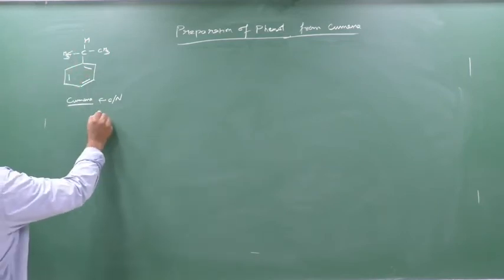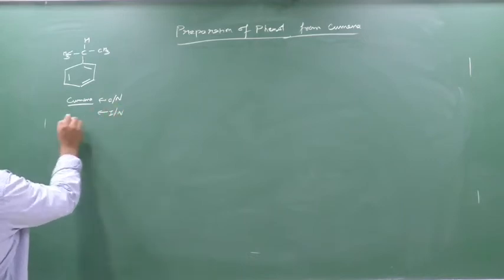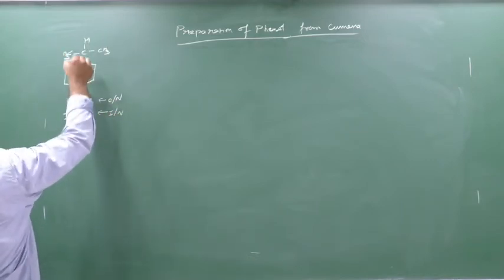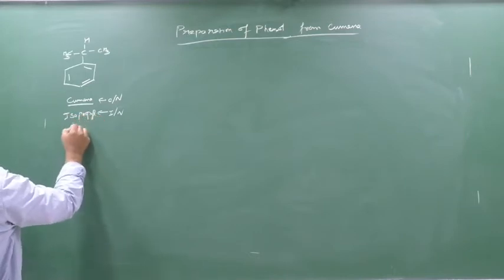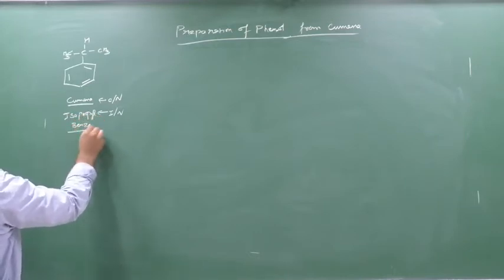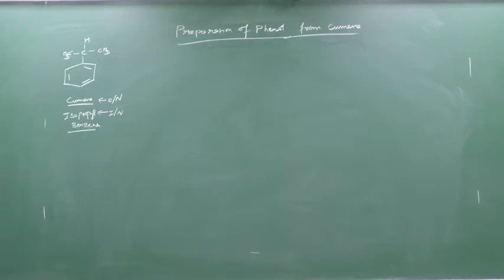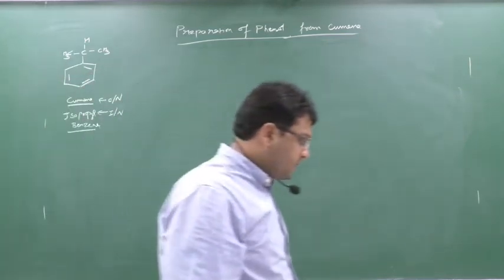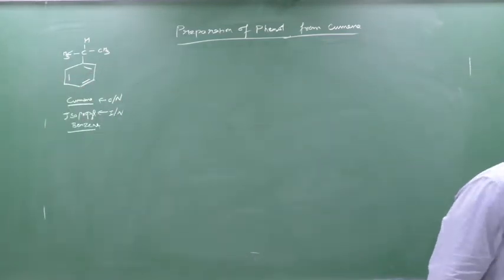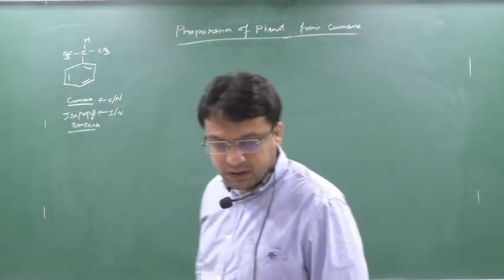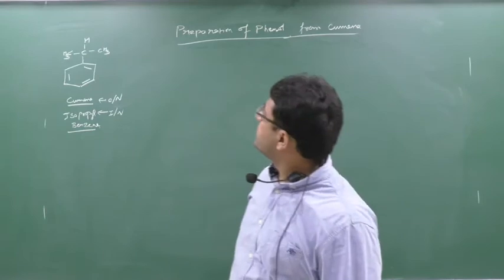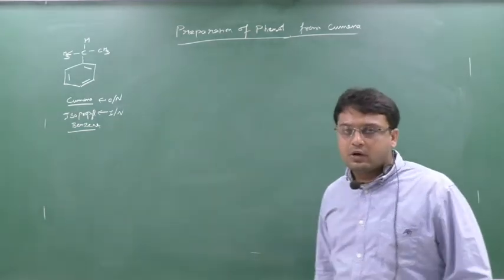benzene. So IUPAC name is nothing but what? Isopropyl, because this is isopropyl and this is benzene, because on second position. Clear? So many times they can ask in 1 mark question what is the IUPAC name of a cumene. So your answer will come isopropyl benzene. Clear? Now we will see how to prepare a phenol from cumene or isopropyl benzene.